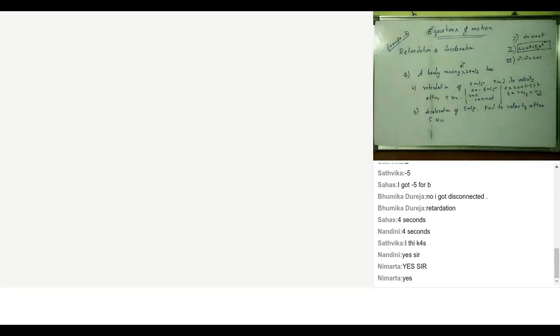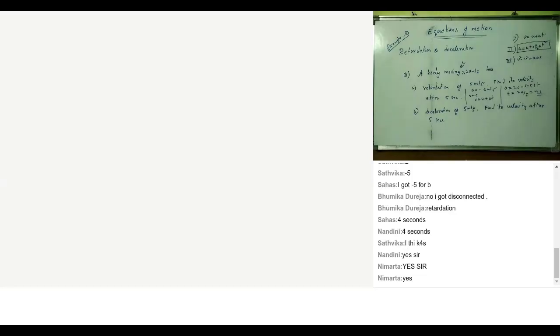Now after that, what will happen? While pressing the brakes with a greater force, would it make the body come back or move? If the car has stopped at 4 seconds, what will be the velocity at 5 seconds? Forget about retardation or deceleration. You're applying brakes. The body stops. You're not accelerating again anyway. So will the body start moving again or will it remain at rest? It should remain at rest.